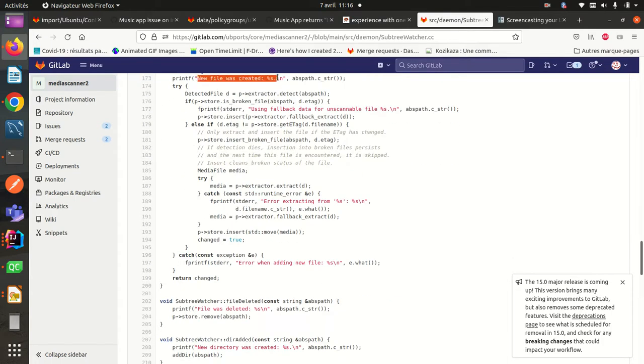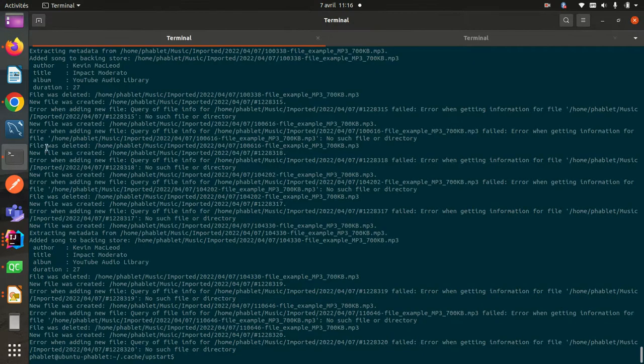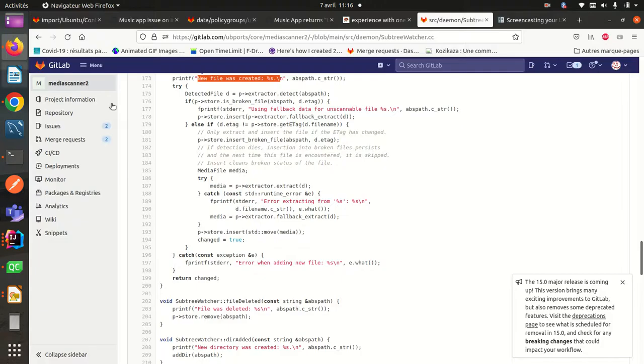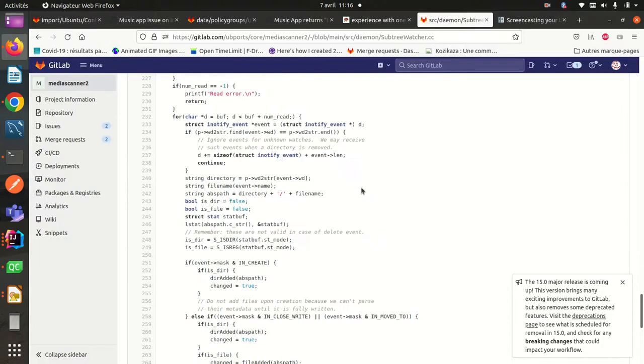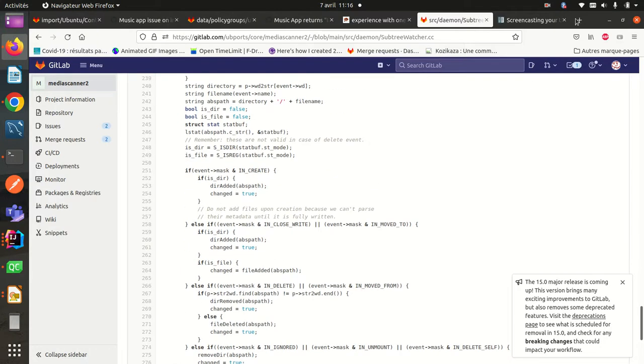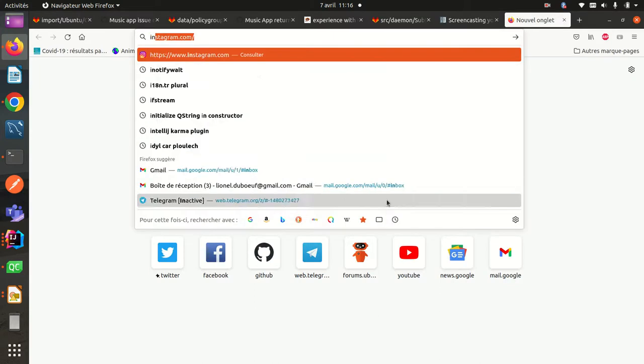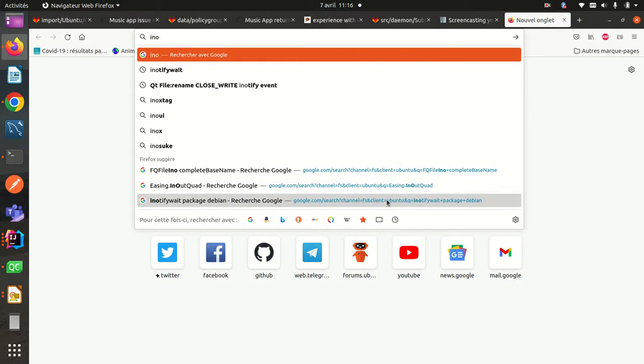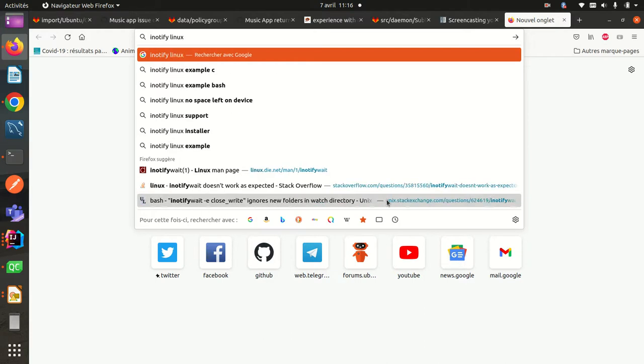We see here some logs that we find here. File was deleted, new file was created, etc. So in fact, MediaScanner is working with Inotify events. If you're not familiar with Inotify on Linux,